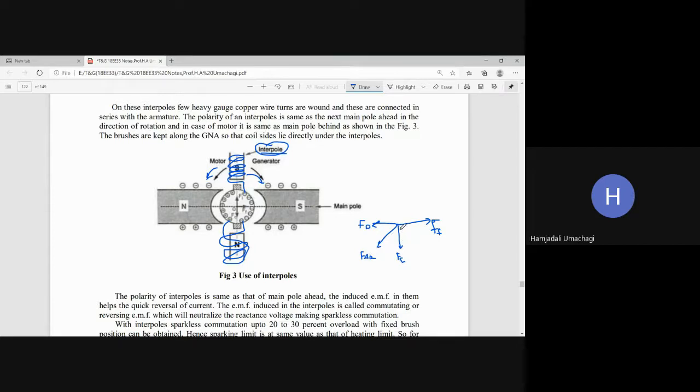And see that this cross magnetizing effect, which is a component of the armature reaction, can be nullified by making use of interpoles. So if I check the flux given by these interpole windings, what is the direction of that flux? It is moving in the upward direction. Yes or no? So check the direction. So here FF is nothing but, can you see this, all of you? This direction?